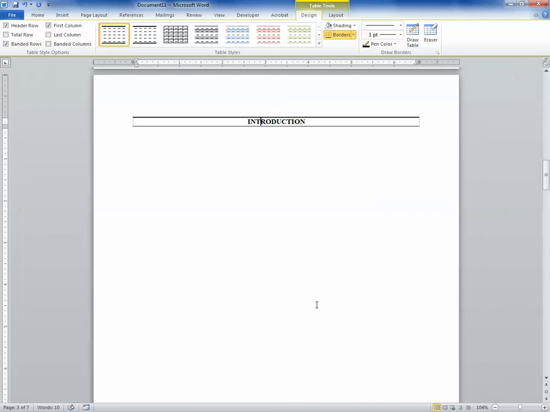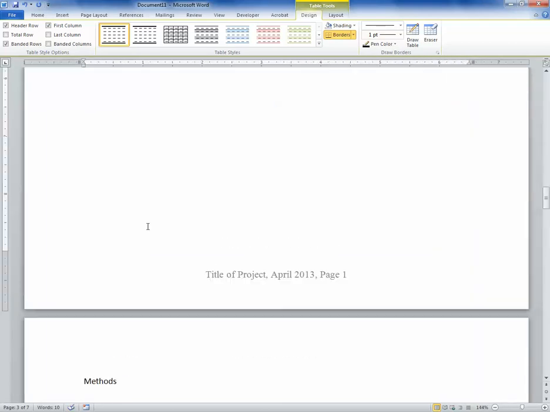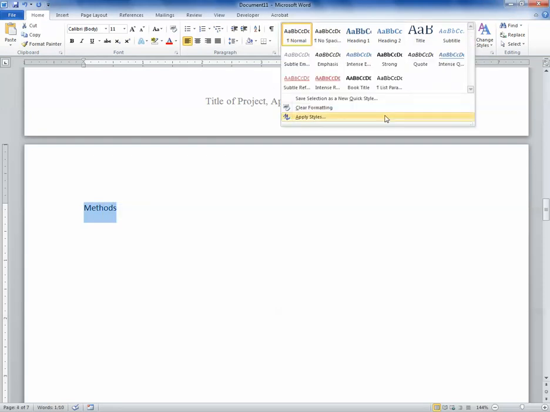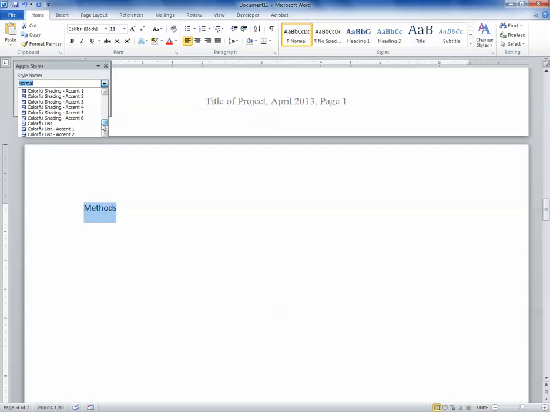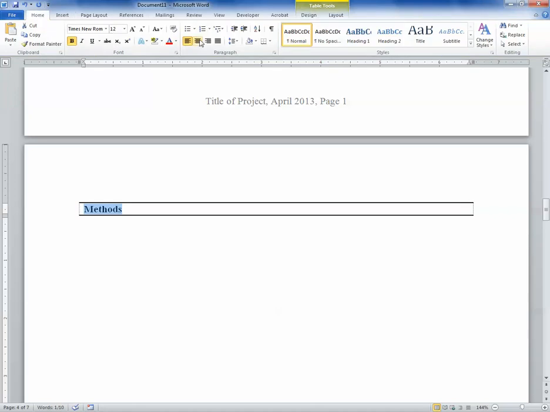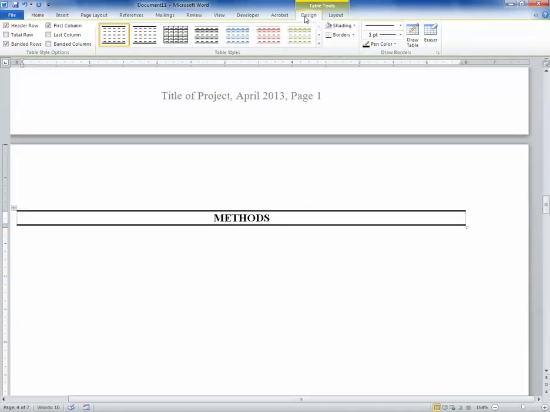Now we can apply this style to the Methods section. Now just like before, make sure you don't highlight the entire line, only the words, Apply Styles, PAF 315. We want this centered, all caps, click into the box, Design, 1 point, and change the bottom